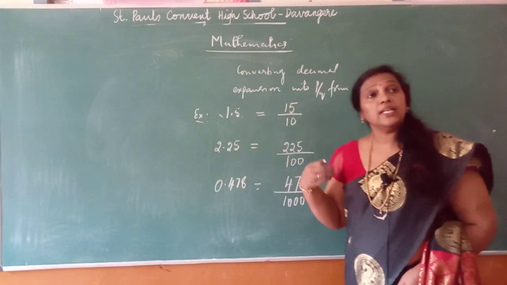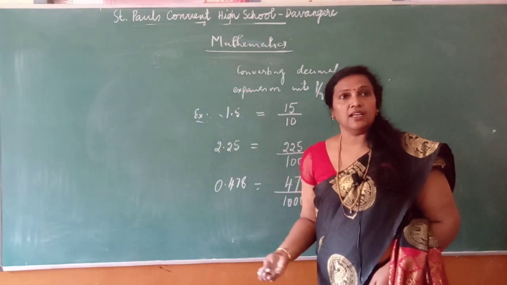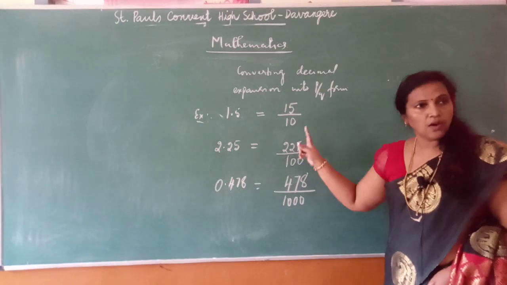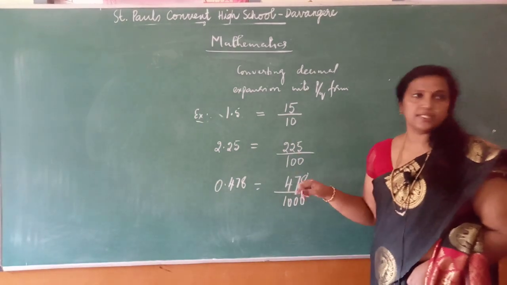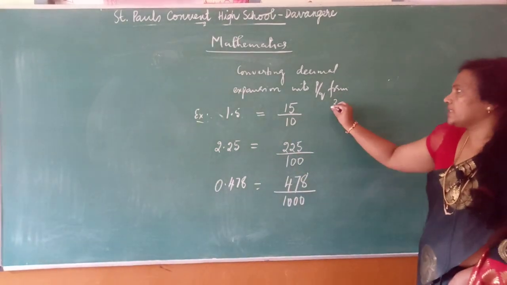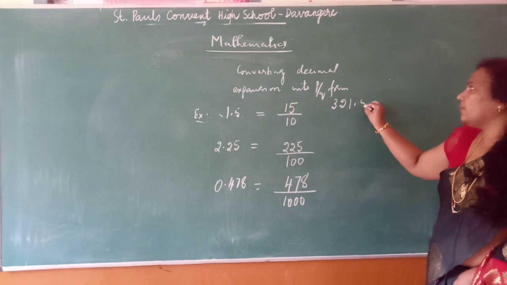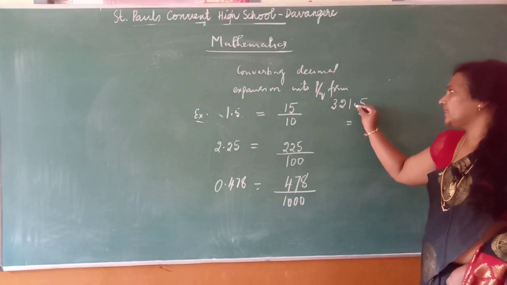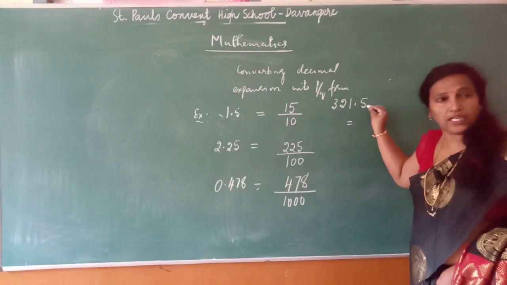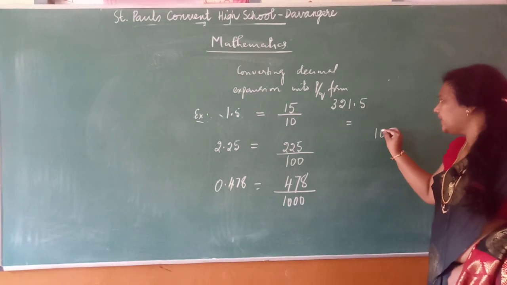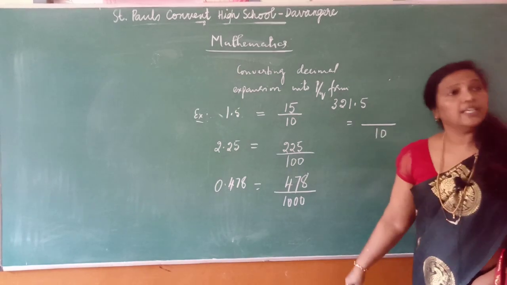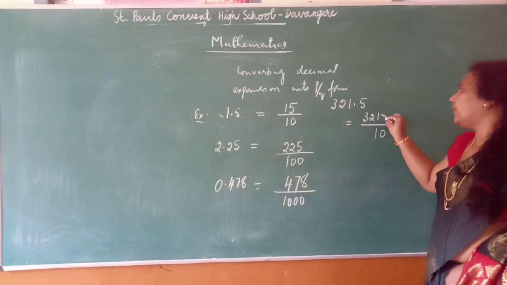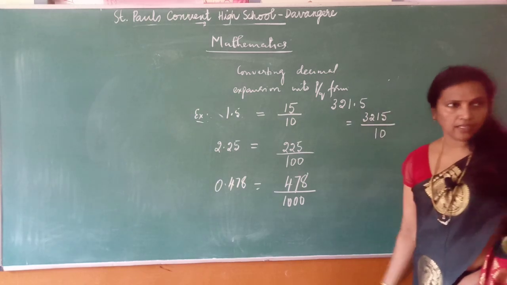Now, if a number is recurring, means repeating, how shall we write it in the form of p by q? Hope you got this. Should I show one more example? For example, 3.15. How will you convert this one? After the point, you will see the digits. There is only one digit. So, in the denominator, what should I write? 10. Then write whatever the number is as it is without the point. Hope you can do it now.